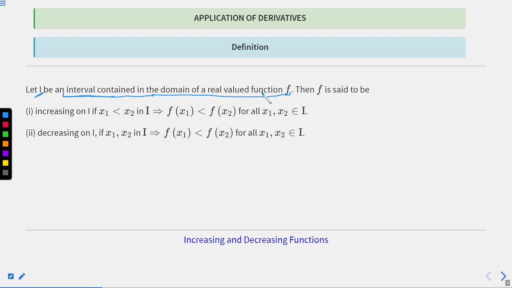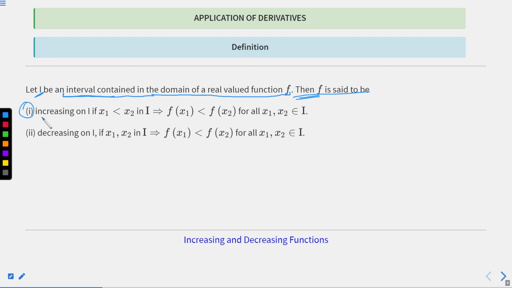You are taking your interval in such a manner that it is a subset, a part of the given function's domain. Clear? Okay. Then f is said to be